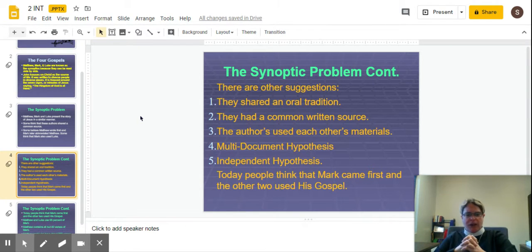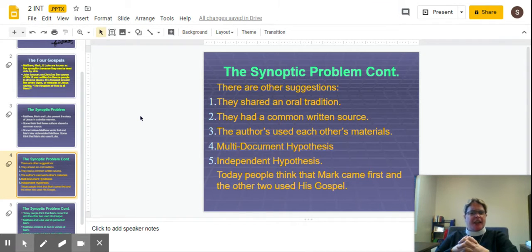This is a bit problematic for a lot of people because of how similar they are. We all have different life perspectives, so to speak, and I would be hard pressed to say that I would come through and write a story about an event the exact same way that Father Rim would come through and write the exact same story about an event. So while the shared oral tradition is a feasible hypothesis, there are some issues with it.